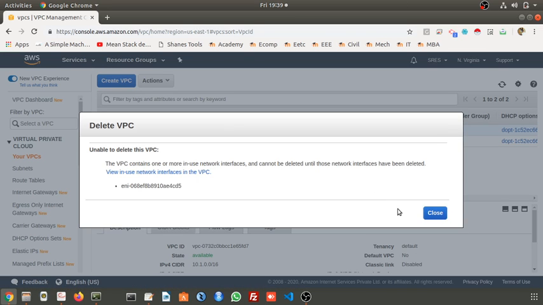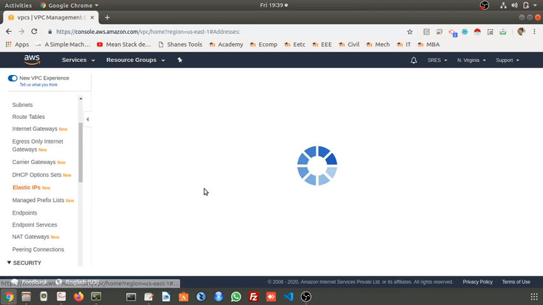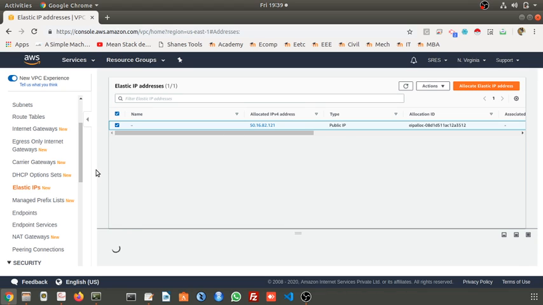Actions, delete it. Unable to delete. The VPC contains one or more in-use network interfaces and cannot be deleted until those network interfaces have been deleted. Deleted, right? Already. I think Elastic IP. No Elastic IP is there. Yeah, one Elastic IP is there.